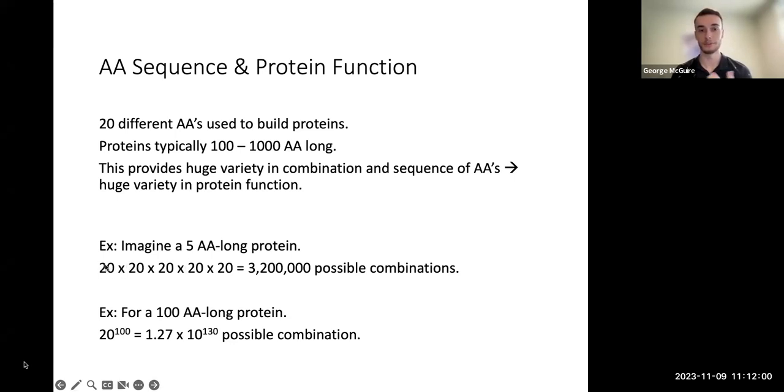And so if we multiply 20 by 20 by 20 by 20 by 20, so 20 to the 5th power, you get 3,200,000 possible combinations